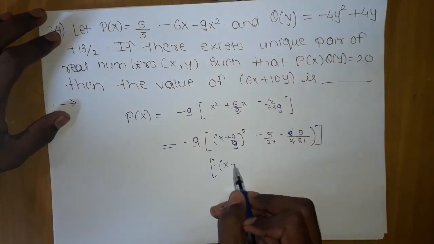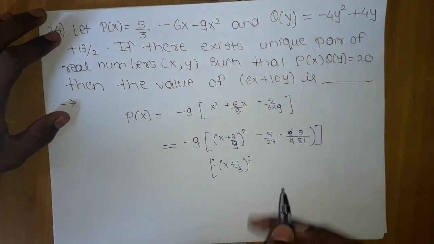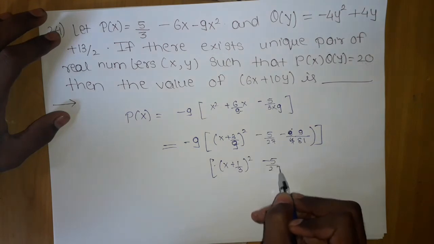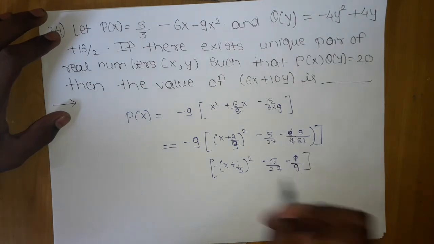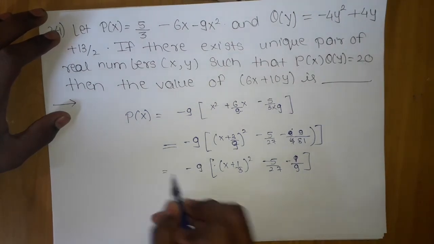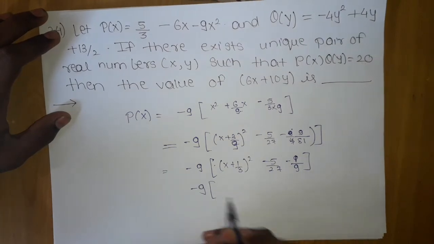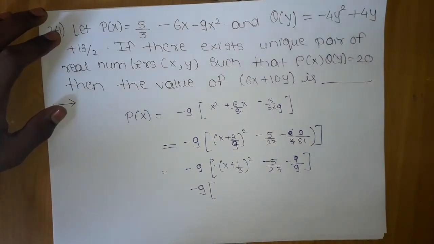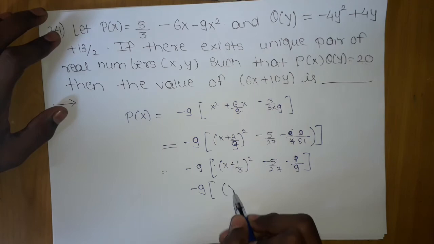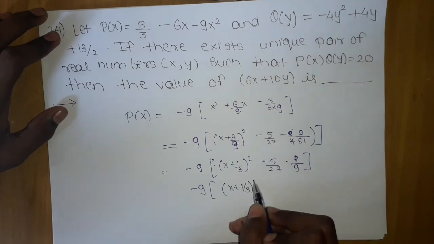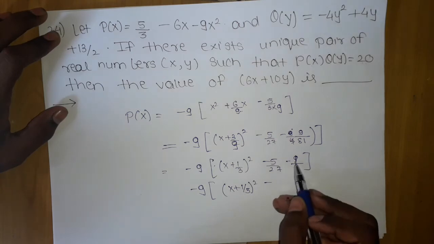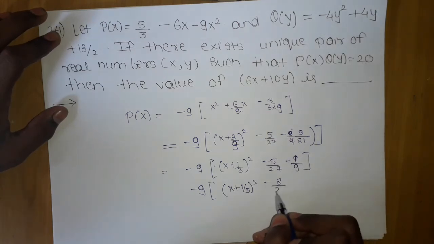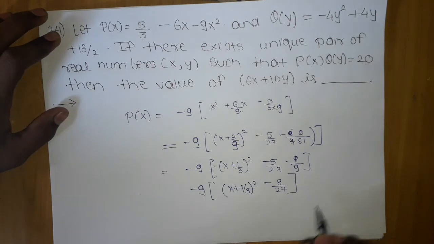So further on, 1 by 3 the whole square minus 5 by 27. 9 will cancel out here, this will be 1 and this 9. And here it is minus 9. I will keep it till I make a proper perfect square. I got my perfect square. I just need to get rid of this extra term, which is, 9 3s are 27, so here 8 by 27. So I got the perfect square.